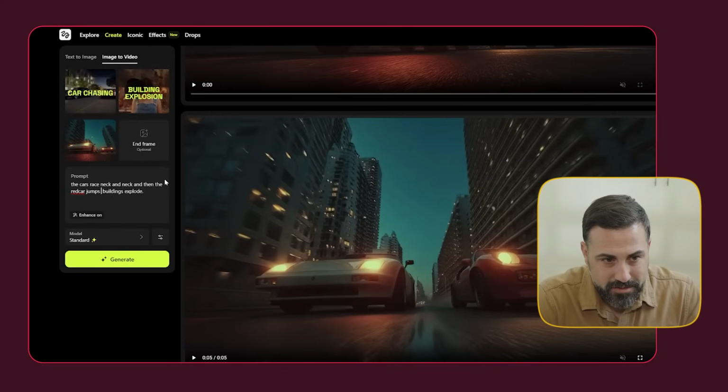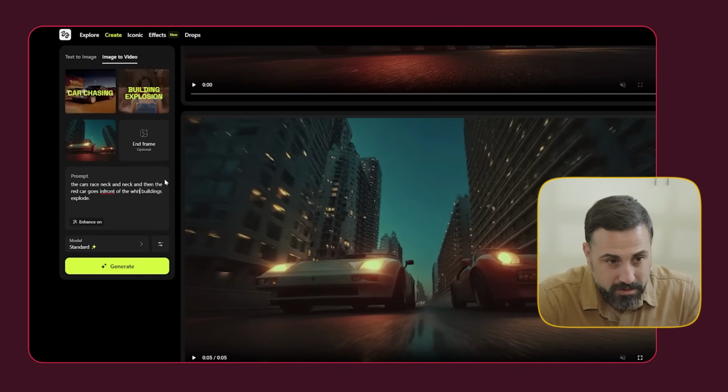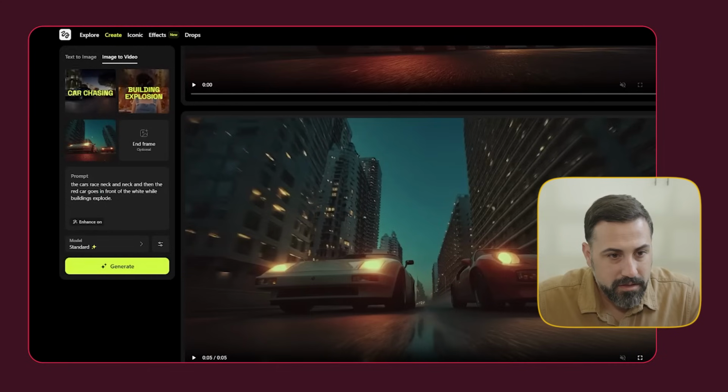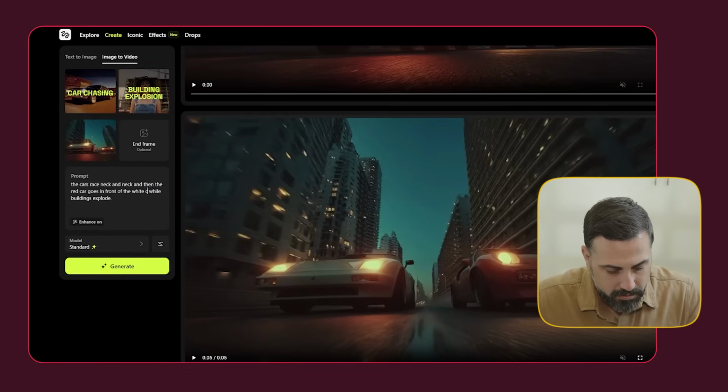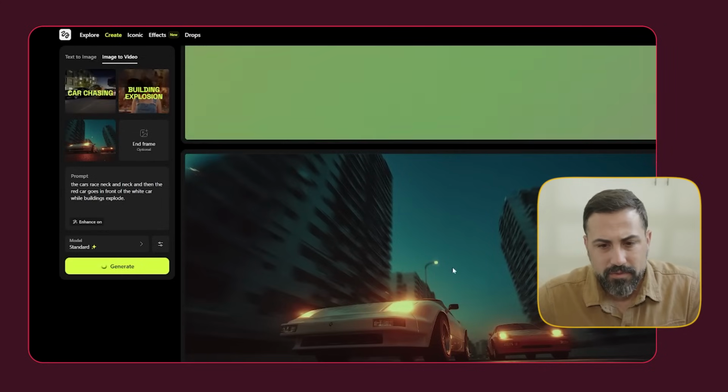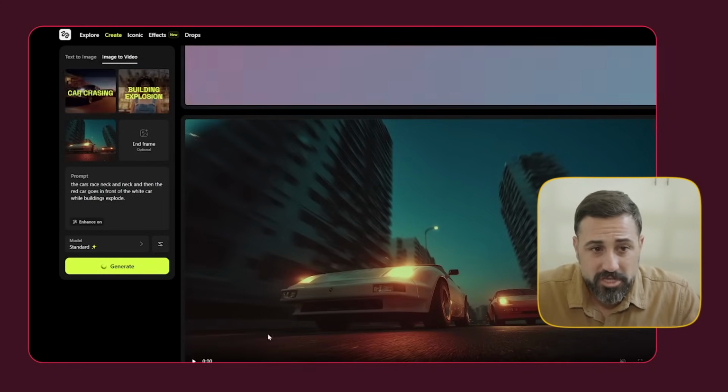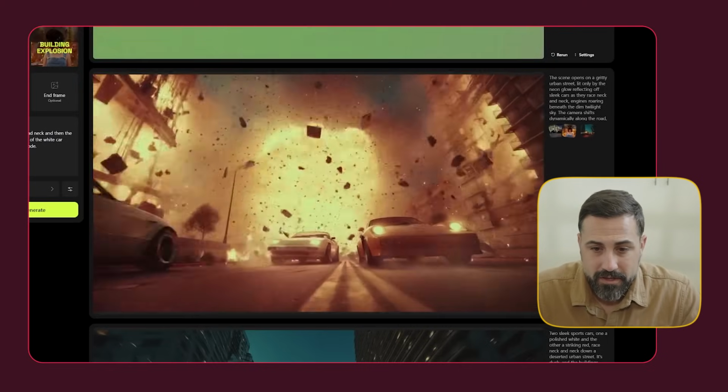I'm not gonna say jumps. Red car goes in front of the white, and while buildings explode. Okay. The white car. See what that looks like. Okay, we got our second one in here, and this is with the car chase and the building explosion. So let's see if it follows our